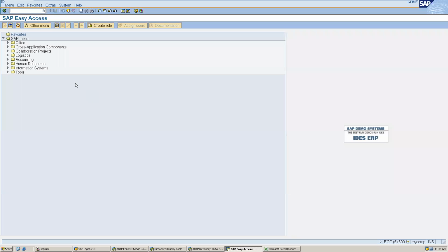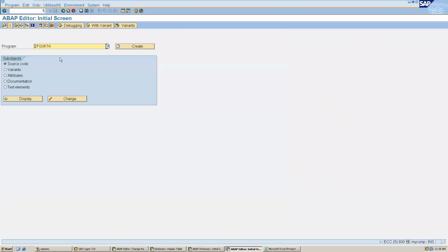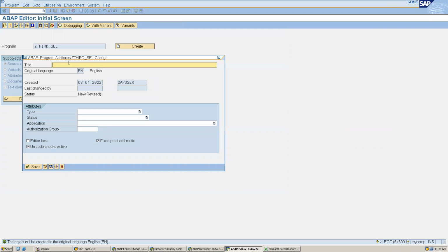So anyway, let's go to SE38 and create an include here. For example, G third and selection. Here we can give selection screen, for example, and here we can choose type.